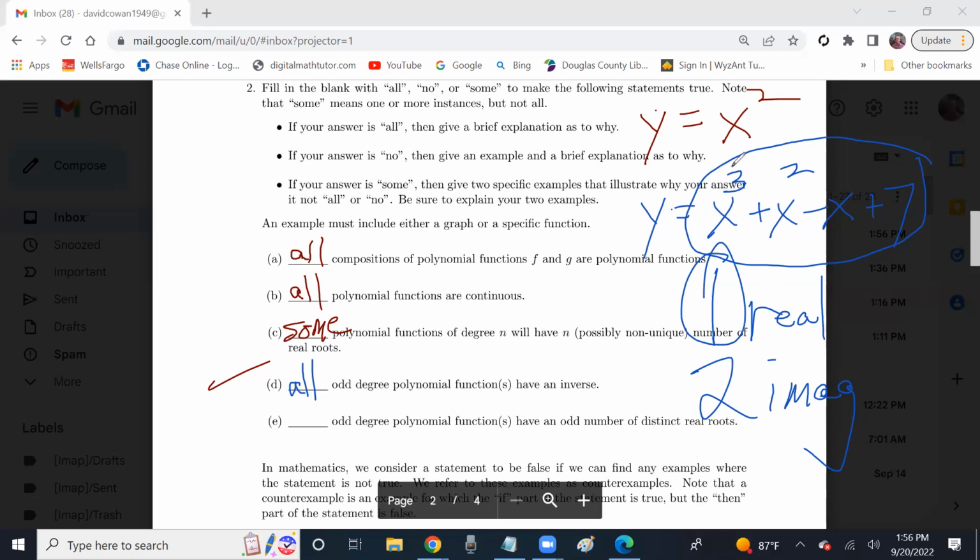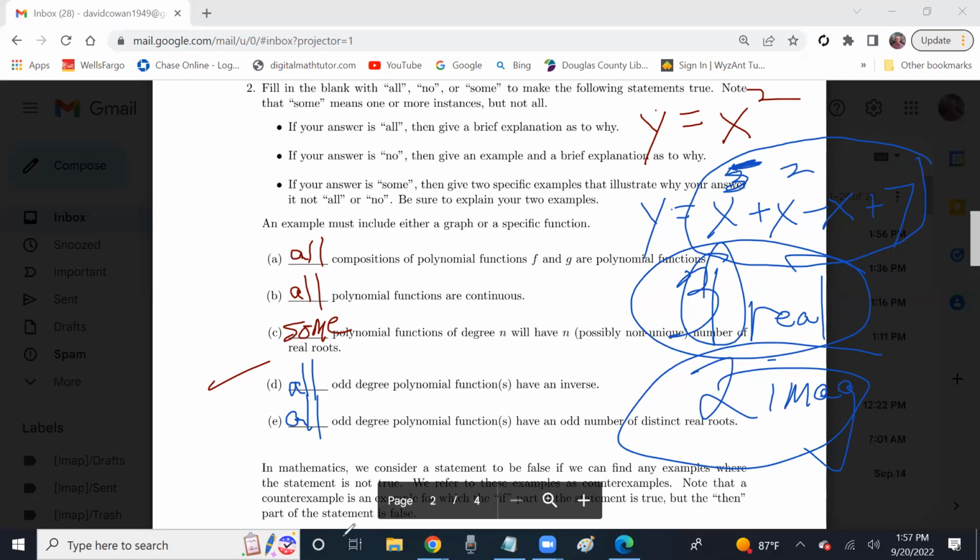In other words, if I made this to the 5th, I might have 3 real and 2 imaginary, but that's still an odd number of real roots. So I'm going to say all for that also. Explaining it is a whole other matter. There probably is some type of mathematical proof for all of these, but there's no way they could expect you to do that. The only real way to answer these is just go through some functions that you're familiar with and see what the answers are,